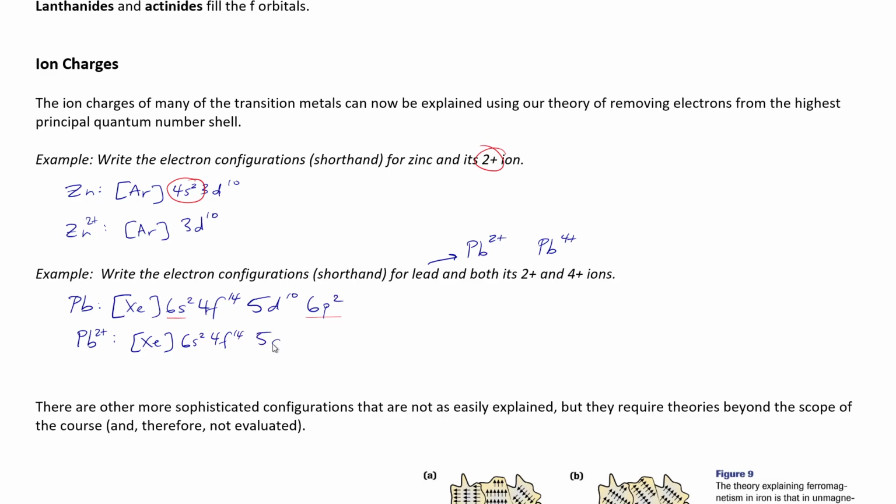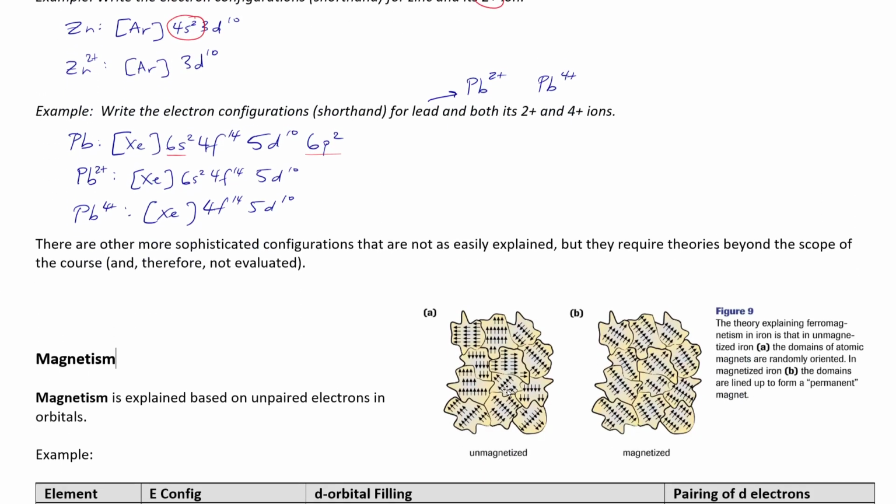4f14, 5d10. If it goes and loses yet another 2 electrons to make 4 positive, then it is xenon. And it would lose it from this shell right here. So we would have 4f14, 5d10. There are more sophisticated configurations that are not easily explained, but they require theories beyond the scope of this course